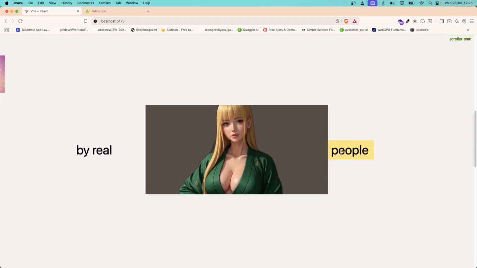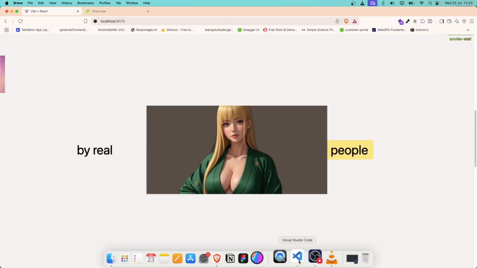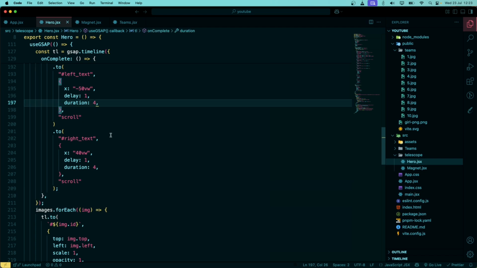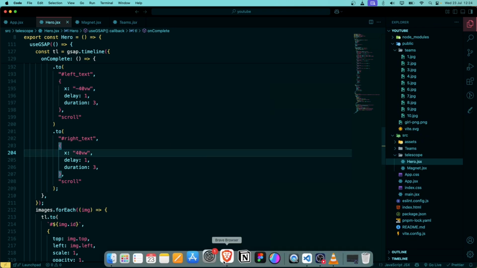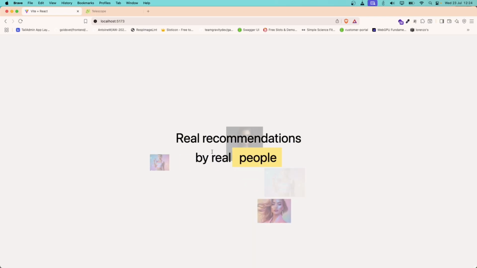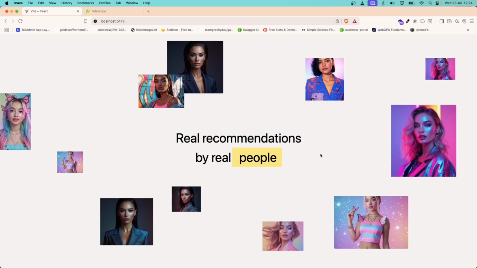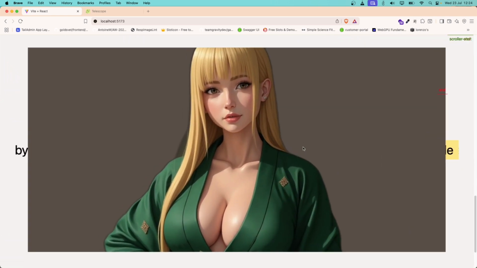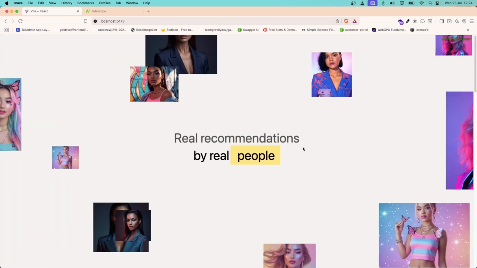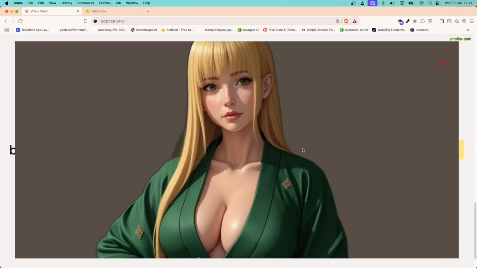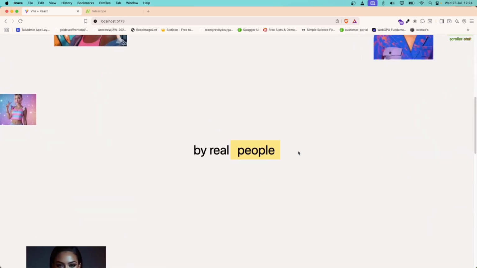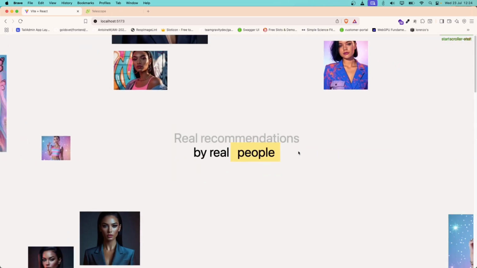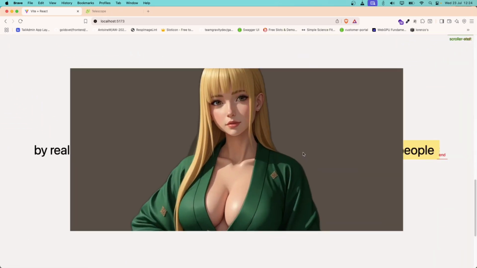This text is moving slow, this text is moving fast. Now what I will do is put a duration of 3 in both of these, and put minus 40 also right here. Let's see what it looks like. The loader animation is completed, and after that if I scroll, yeah, it is looking good. I think the animation is complete. This is how you can create this type of animation right here,